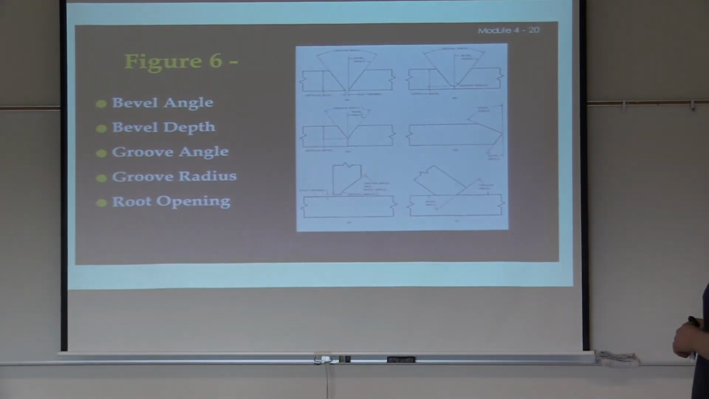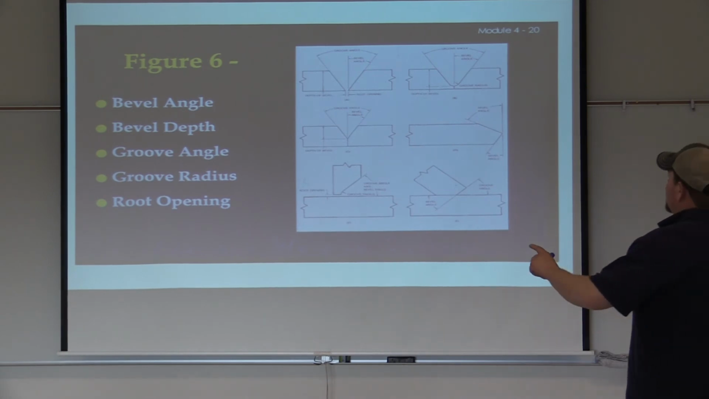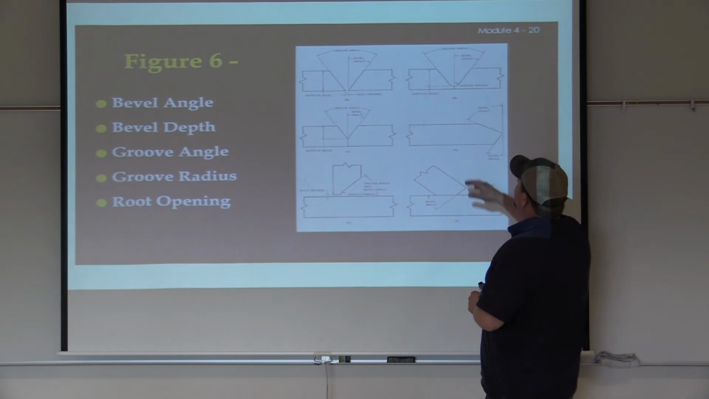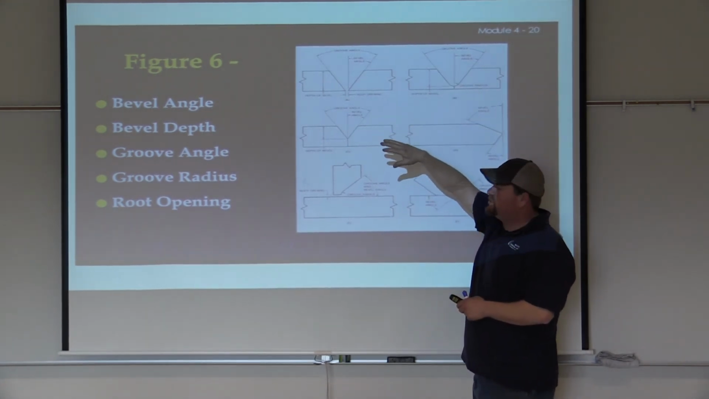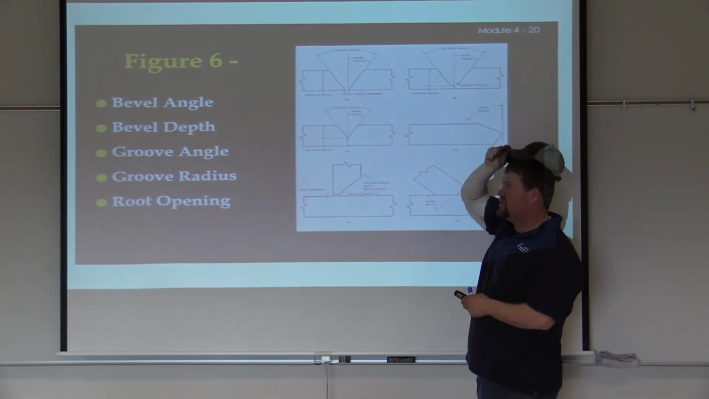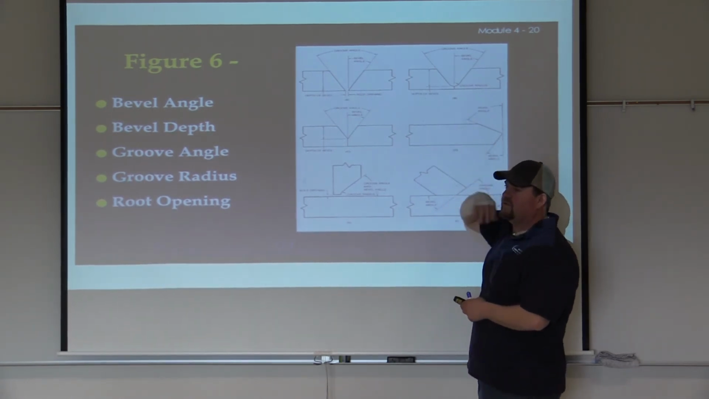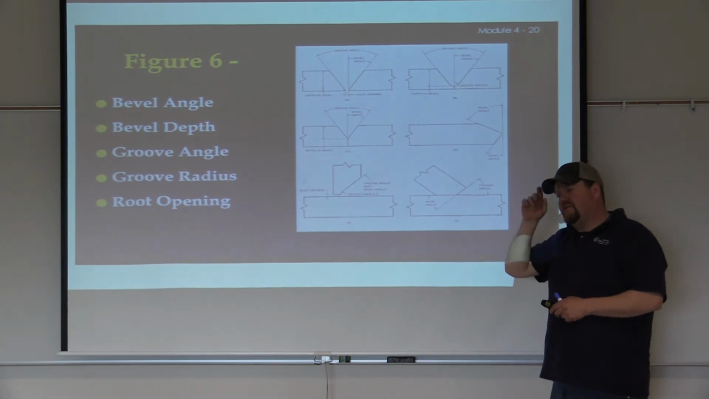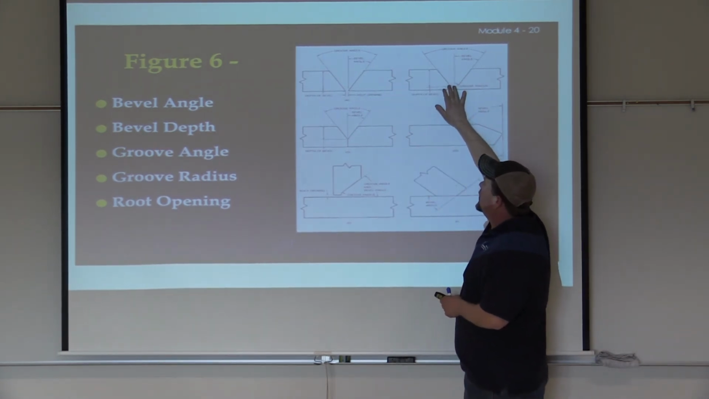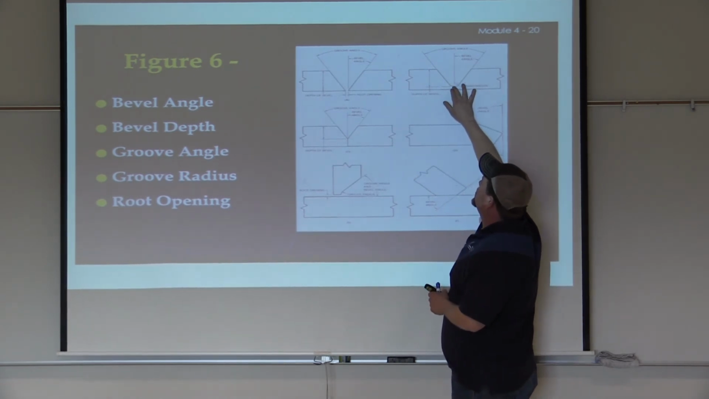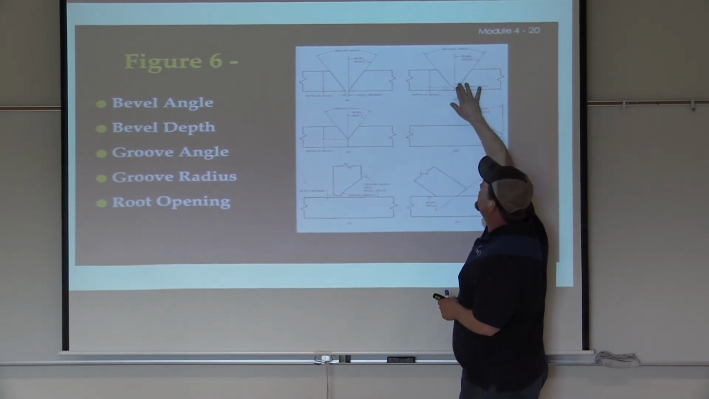Number 6, figure 6 here, we're going to be talking about bevel angle, bevel depth, groove angle, radius, and root opening. For the most part, let's talk about groove radius real quick. Groove radius is in the J groove that we talked about, right? It's not only associated with that, it's also associated with a flare groove, which would be a rounded surface like that plate we talked about, or a piece of cold rolled round bar, right? But in this case, groove radius is only associated with this because it does have a rounded surface at